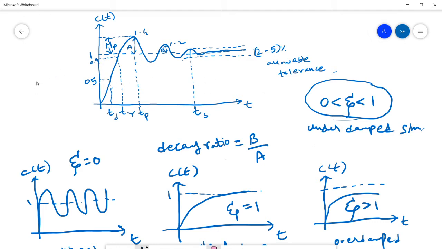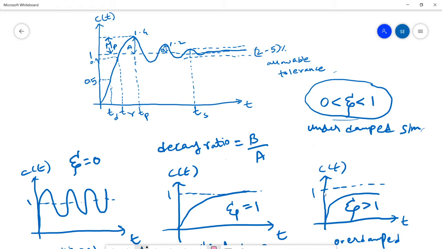In the previous class, we derived how the second order system output varies based on the zeta value, right? If zeta is equal to 0, we get this kind of oscillation, which is termed an undamped system. If you have a smooth transient response that reaches steady state, it is called a critically damped system response. And if the damping is greater than 1, there will be an offset from the desired value.